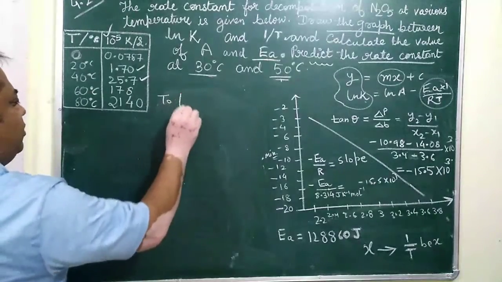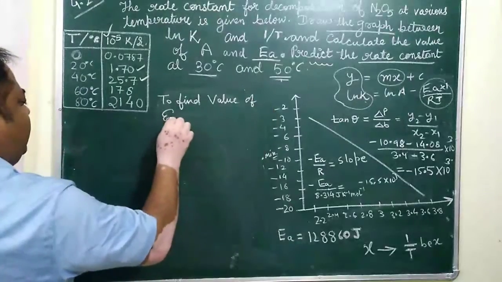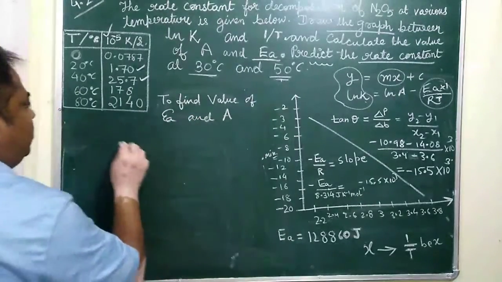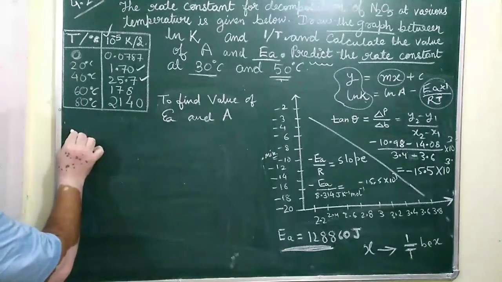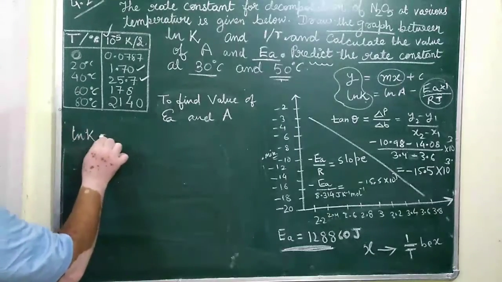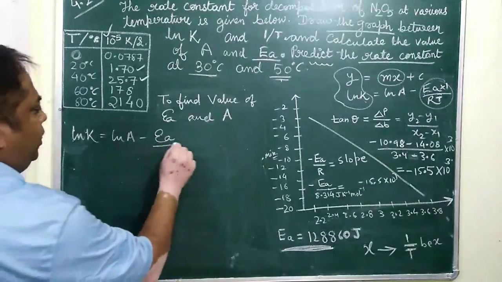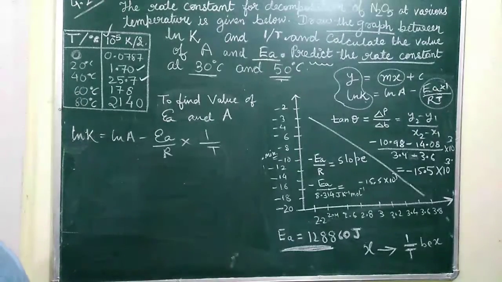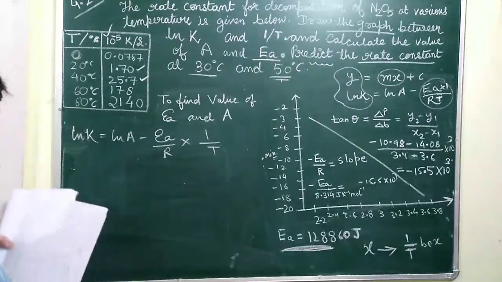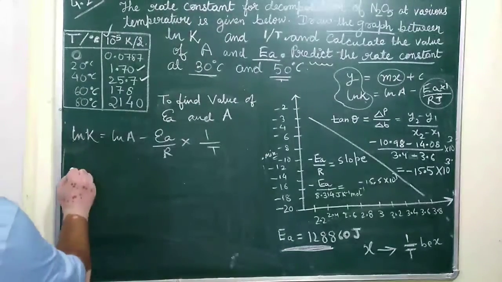To find the value of EA and A. EA is found out. Now we know that ln K is equal to ln A minus EA by R into 1 by T. Let us take the first value of ln k. The first value of ln k is minus